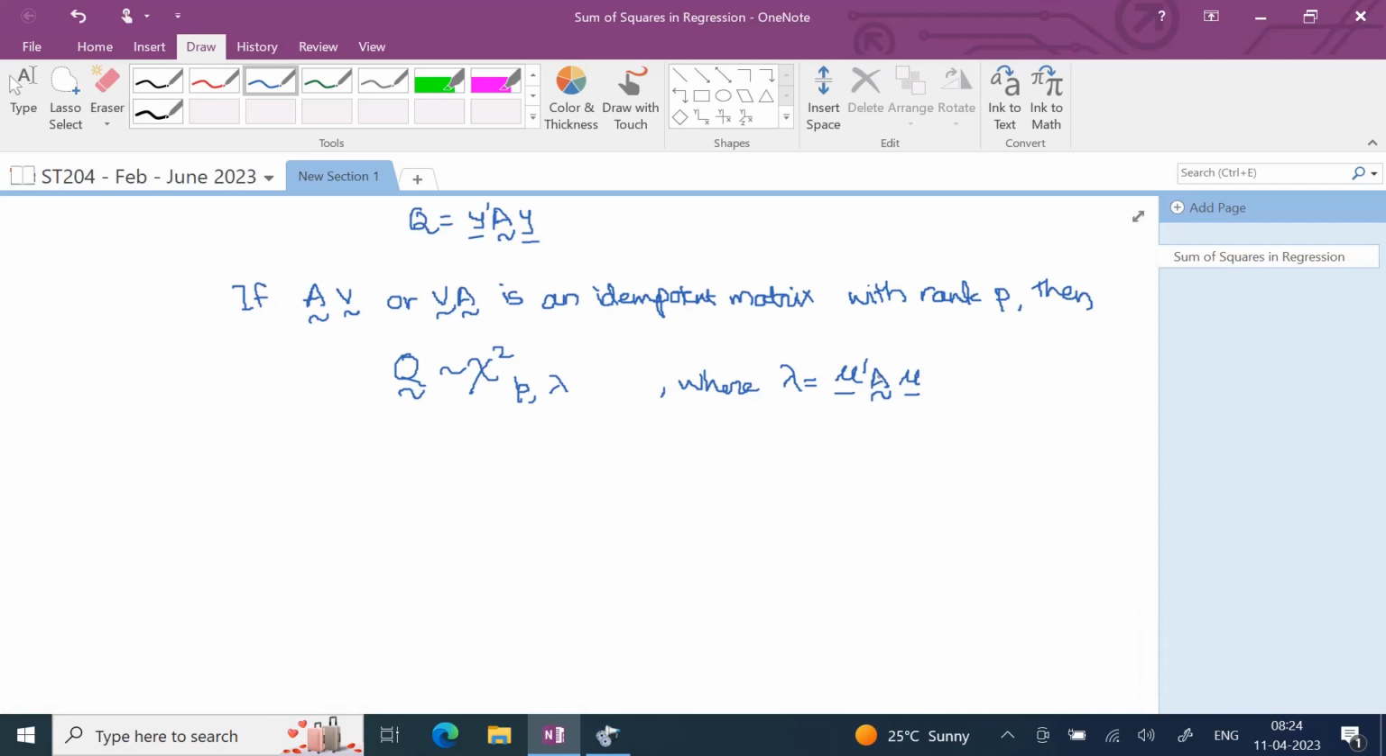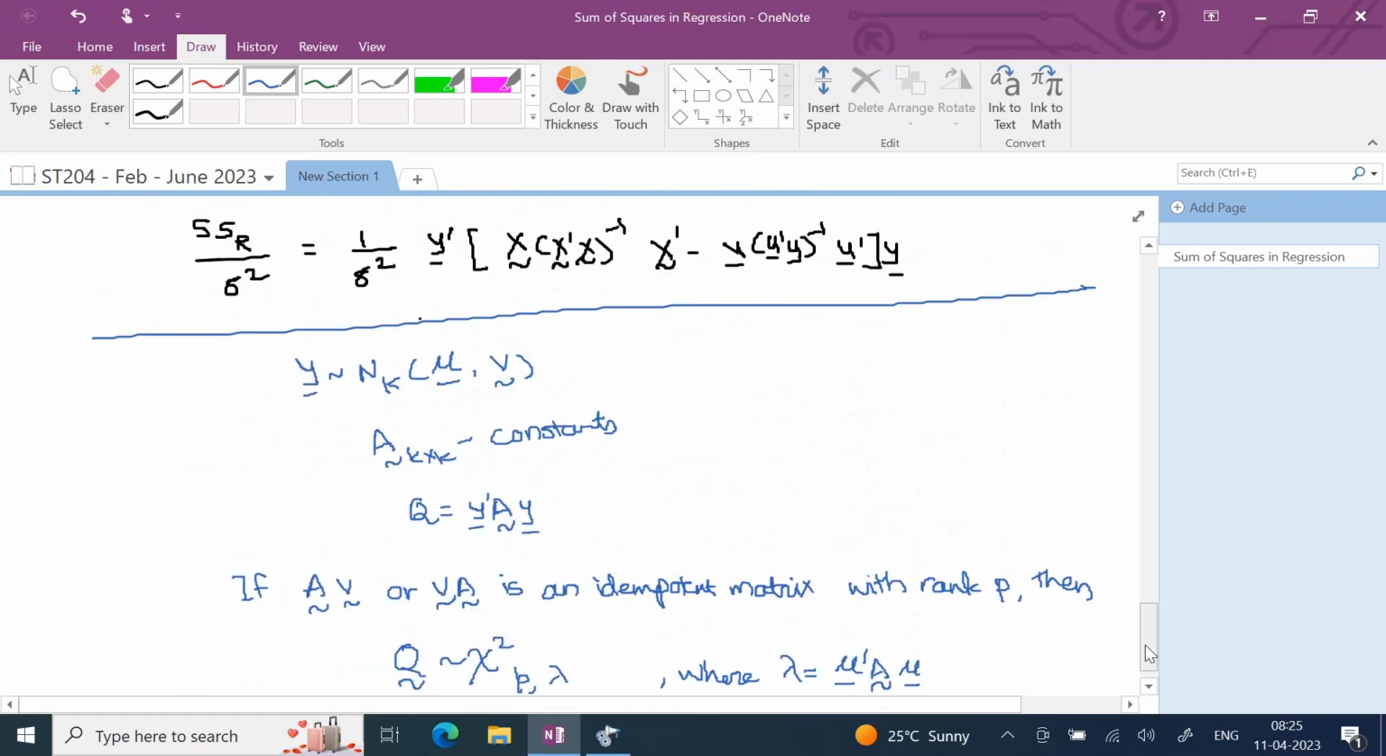So V is the variance covariance matrix of vector y. So if AV or VA is an idempotent matrix, then Q follows chi-square distribution with P degrees of freedom and some non-centrality parameter. We are now going to use this result to say something about distribution of our regression sum of squares. Okay. So we have just now proved that the matrix that we have in regression sum of squares,